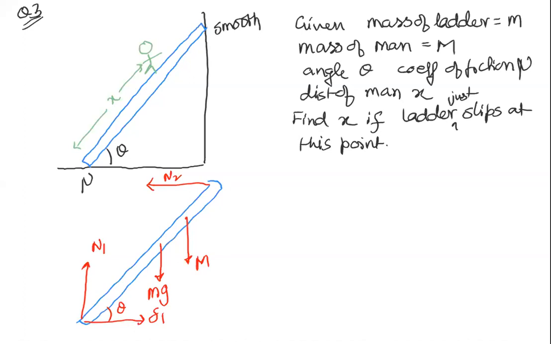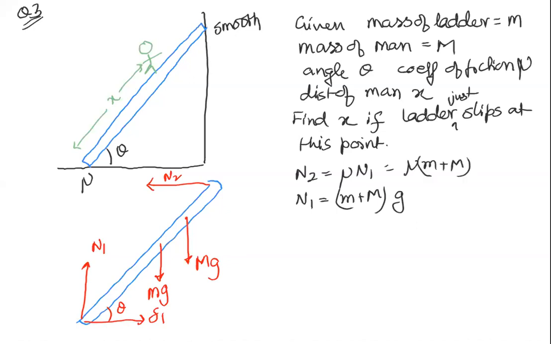So first let's get the obvious out of the way. N2 is equal to mu N1, and N1 is equal to m plus mg. Basically this is equal to mu times (m plus mg). Right. We want the torque to be 0. So I can either take this point or take this point. Torque about this point is equal to mg